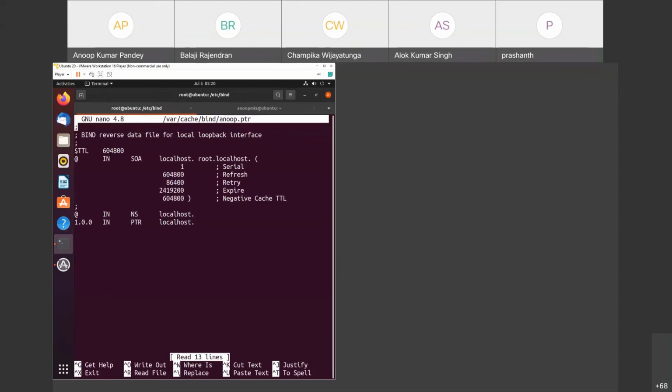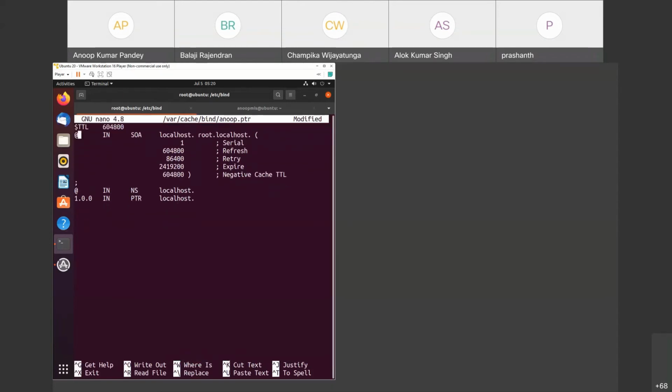Again, same thing, make the changes. So what are the changes? So first the name, change of the master domain. So dot cdac and root@anup.cdac. Done. And here also I will make a change anup.cdac. And here also anup.cdac.